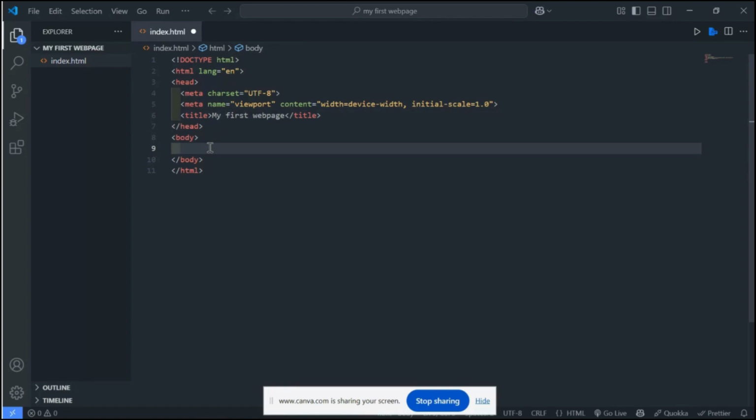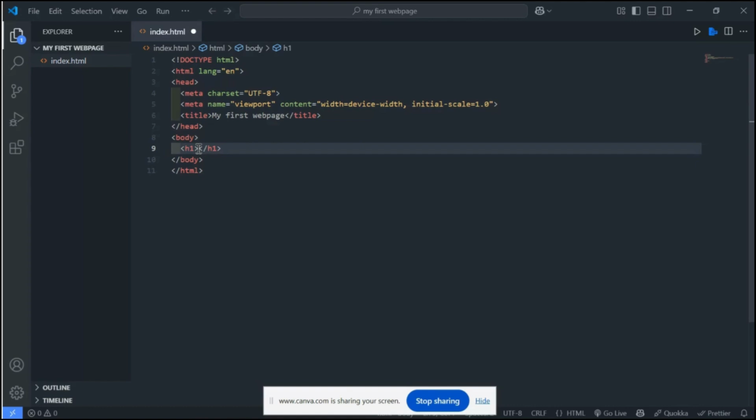I'll write the less than sign, type H1, and close it with the greater than sign. You can see that VS Code automatically closes the tag, and H1 stands for heading 1.